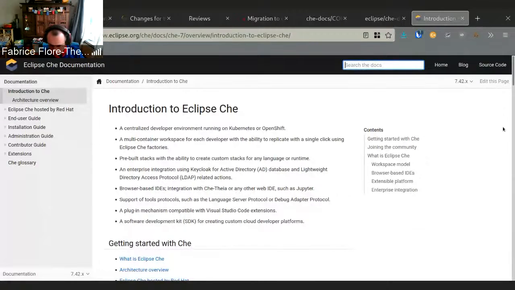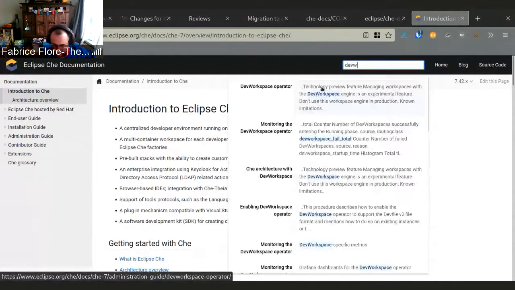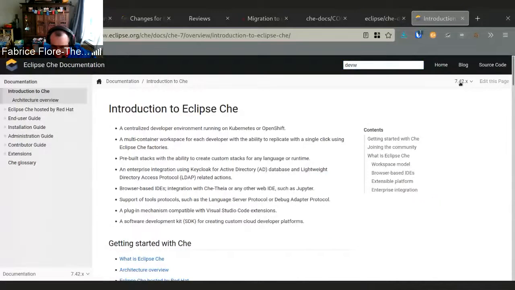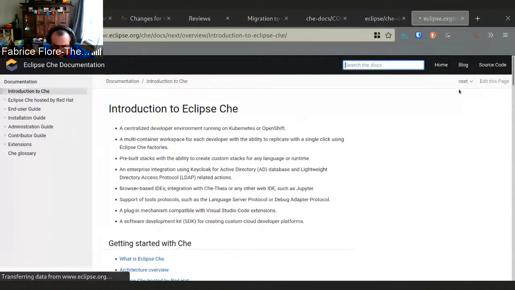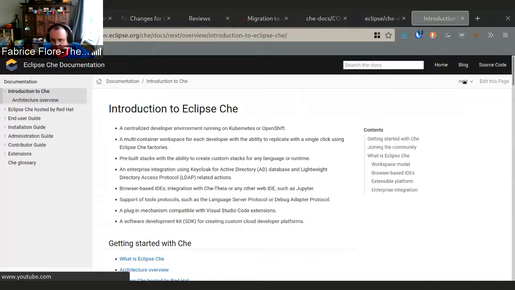So it's the new docs, the completely new docs. And if you search for something now, we have a search engine which is not dependent on Google anymore. So that's the big change. That is done. The change that is coming is that the next version of the documentation will not be based on the master branch, but on the main branch. It's not published yet, but we will start this week, as soon as the Eclipse webmasters have done the changes.